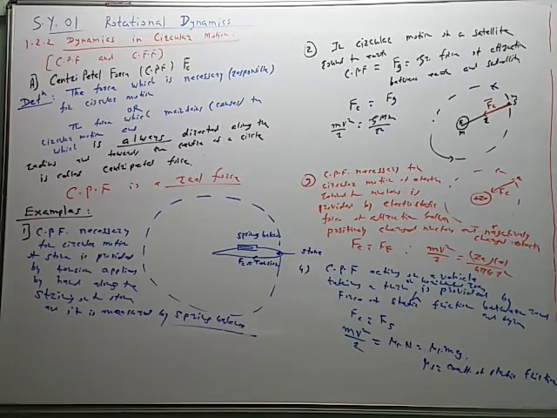Sphere of death, the vehicle is moving on the inner surface of a vertical circle, and on a flyover bridge, the vehicle is moving on the outer surface. In both cases, circular motion is there for the vehicle and centripetal force is acting, but the centripetal force is provided by two different methods. What are the methods that we have to see in detail? So this is one of the forces in circular motion, called the centripetal force.